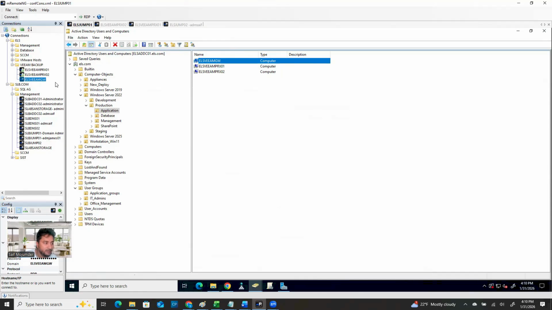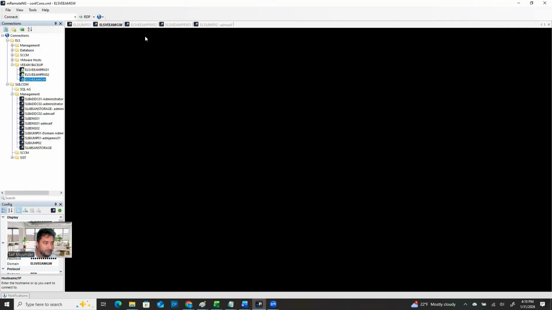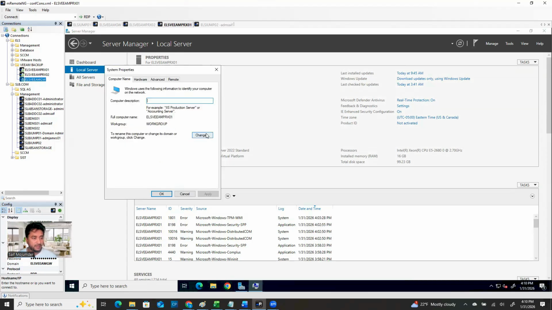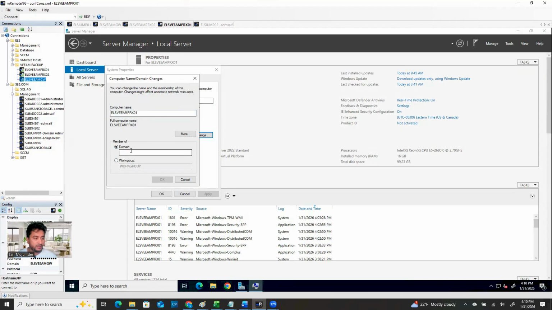Now it's time. Okay, let me log in. Gateway server has come back already. So go proxy 1. How can you add this machine to the domain? You guys already know, right? Just click here, change, and domain. So my domain is ELS. If you want to put your domain name, els.com. Click OK,